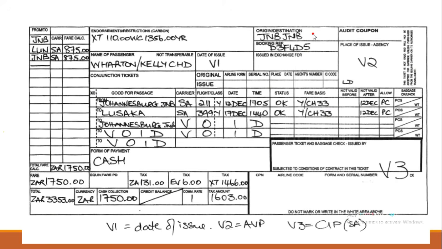From there, the last two boxes here, you have your booking reference, which will always be provided. If it's not provided, it's okay to leave it blank. And then in this section, you write your origin and your destination. Your origin is the first city that you are departing from, and your destination is the last city that you end up in. So in this case it's JNB, because you're departing Johannesburg and returning to Johannesburg.